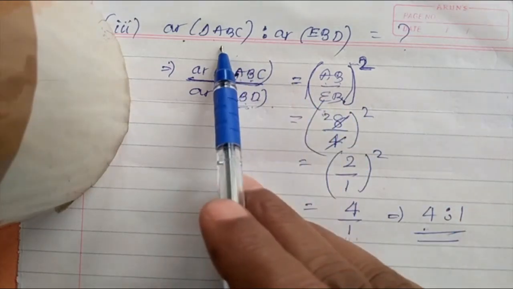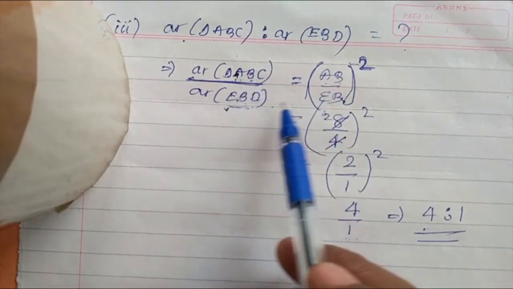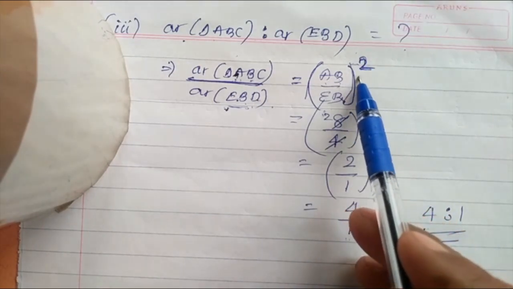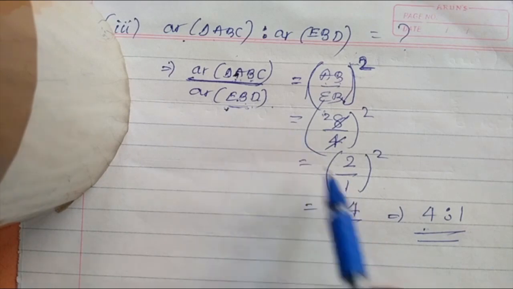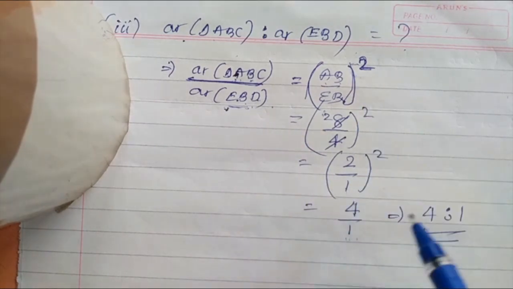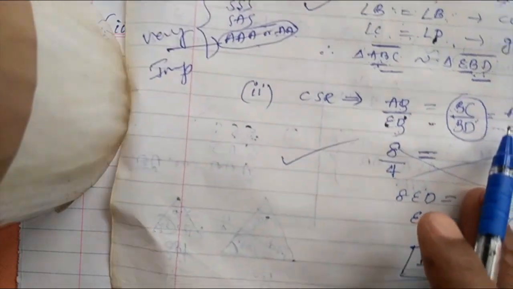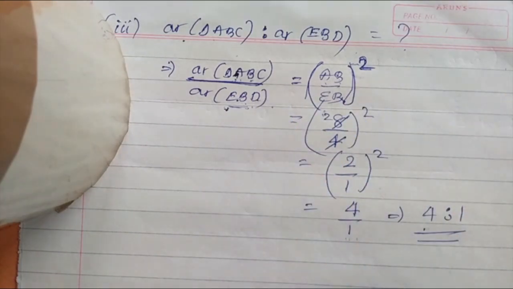So how to get the areas of those two triangles? Take any first two letters from both the triangles. Just you go for squaring. This squaring is very important here. Note down, this squaring gives you the ratio of their areas. If you don't do squaring, we'll get corresponding sides ratio only. That is what we followed in level 2. Only AB by EB, when we write, you can find the unknown length. That's all. When we go for whole squaring, you get the ratio of their areas.